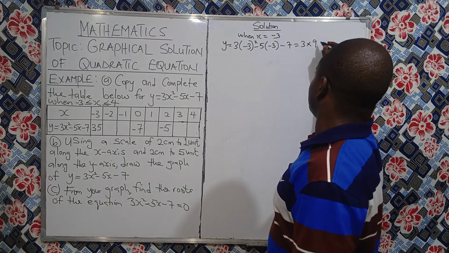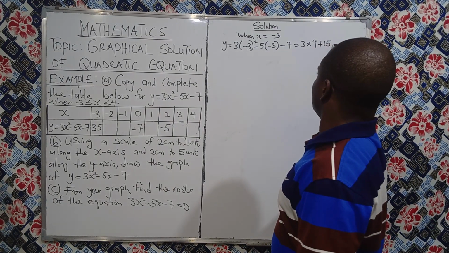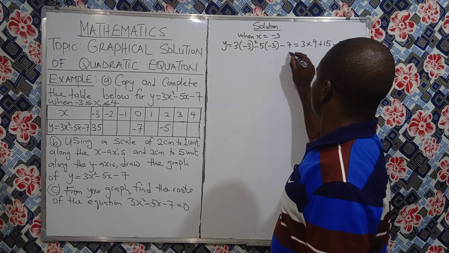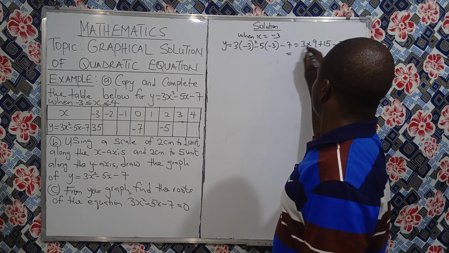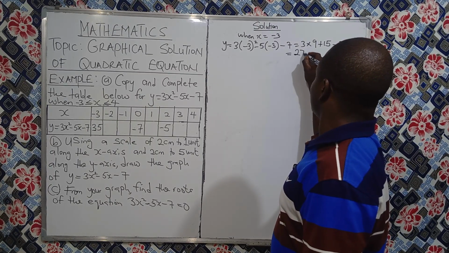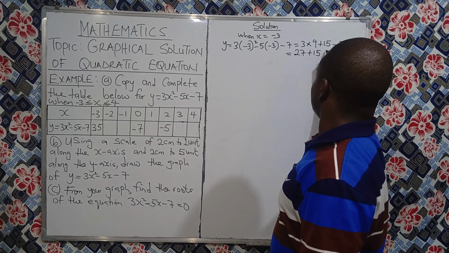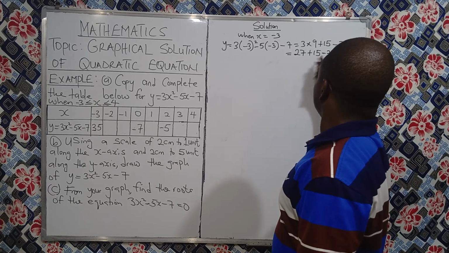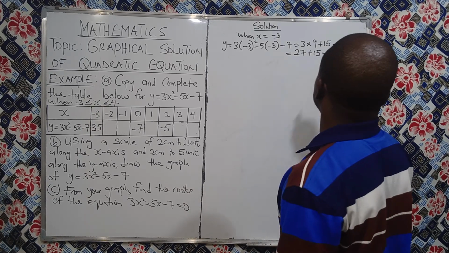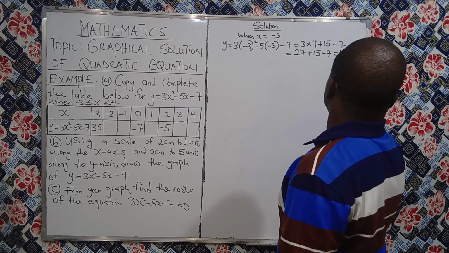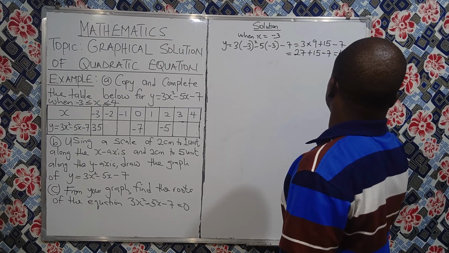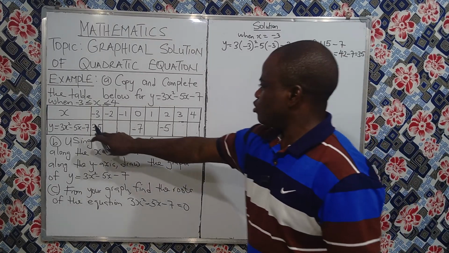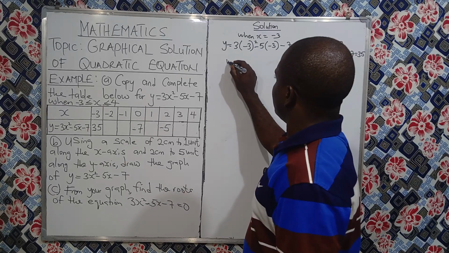Minus 5 times minus 3, that's plus 15, minus 7. Because we have 3 times 9, which is 27, plus 15 minus 7. Because 27 plus 15, that's 42. 42 minus 7, that's 35. That's what we have here. And let's go to when x